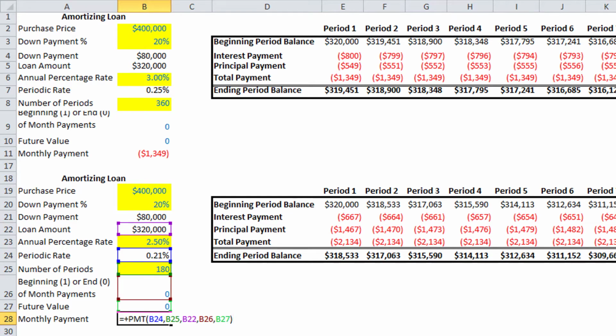And you can see I'm using the PMT formula again, and then based on the above assumptions, your monthly fixed payment of principal and interest will be $2,134 for the 15-year loan. And this is $785 per month more than the 30-year loan. However, while the monthly payments are more expensive, the trade-off is that you'll actually pay less interest over the life